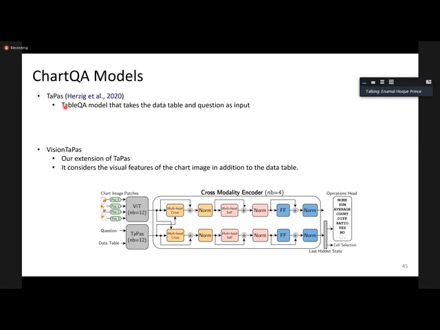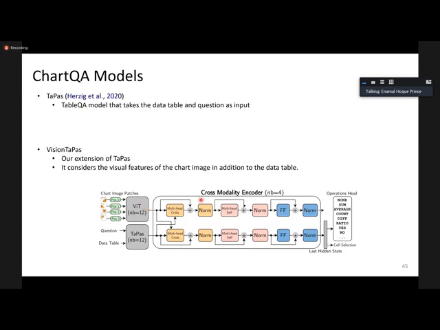So this is how our model works. You have the question and the data table as input. And then additionally, we extract the chart image patches using a CNN, convolutional neural network. And then we have this cross-modality encoder that provides cross-attention between both visual features and the textual features.